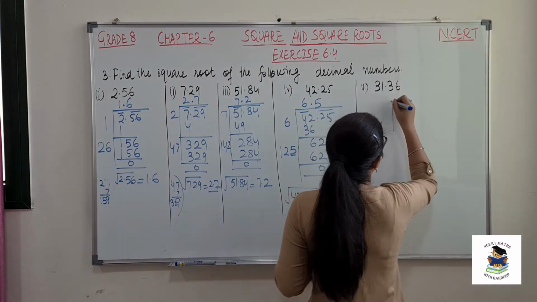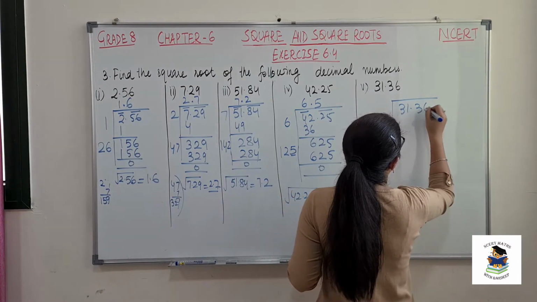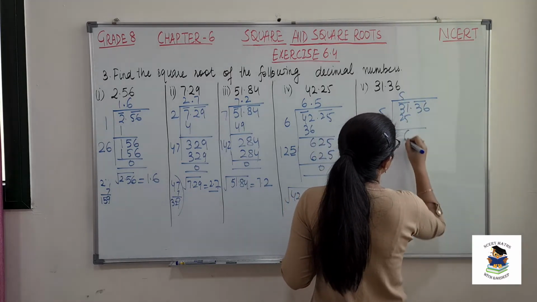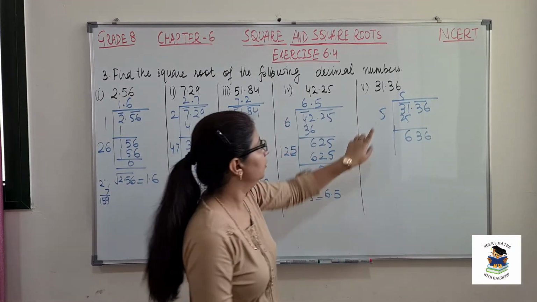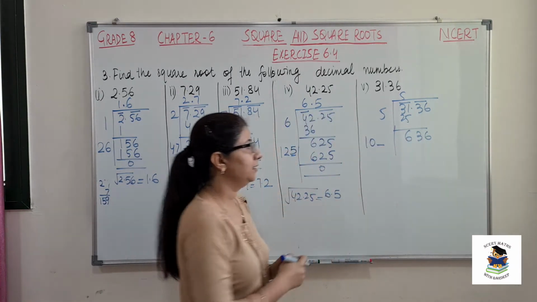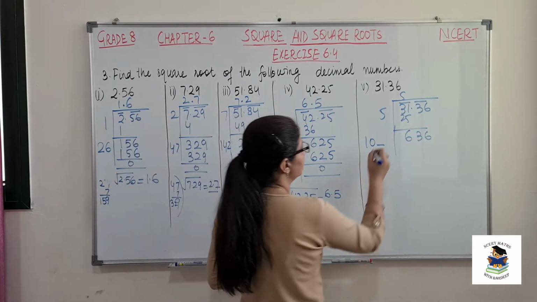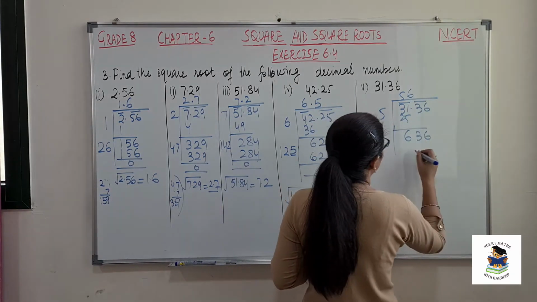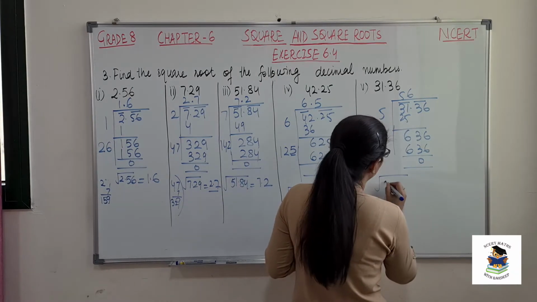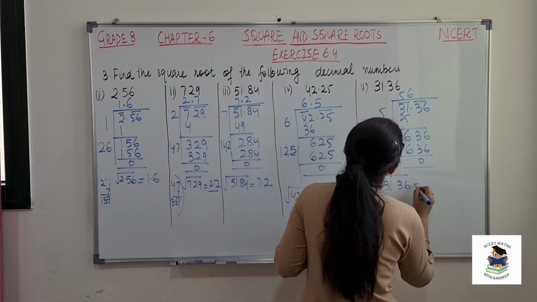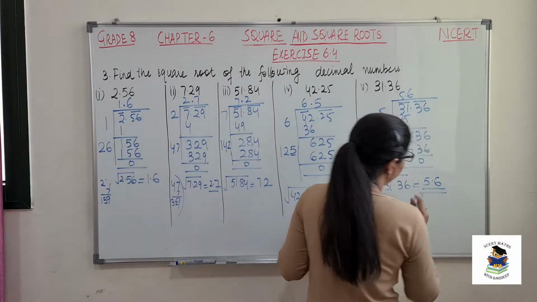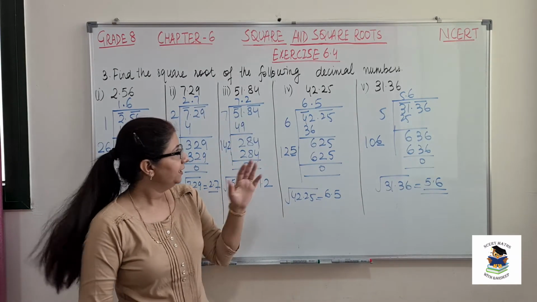Square root of any number by division method, but the only difference is decimal, you should be very careful. So 31.36. So one pair, 5 5s are 25, 6 is remainder, 36 will come here, 5 plus 5 is 10. So now again, since 63 is needed, we will go with 6, 10 6s are 60, so we will get 636. So what is square root of 31.36 is equal to, sorry I forgot to put point here. So this is 5.6. So this is our third question.